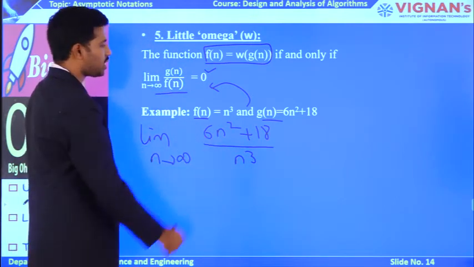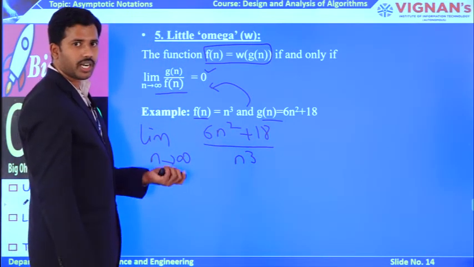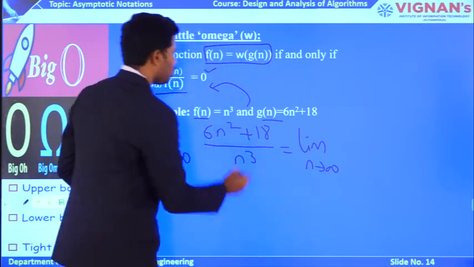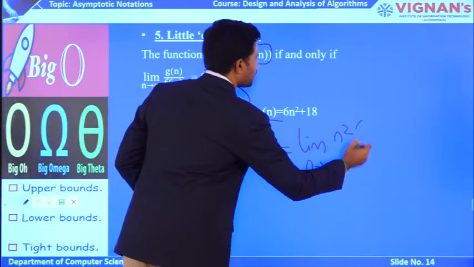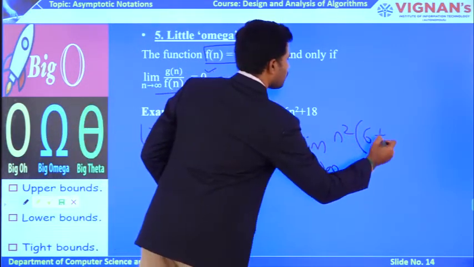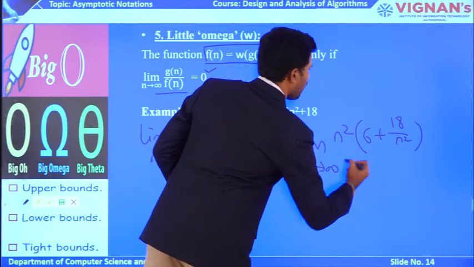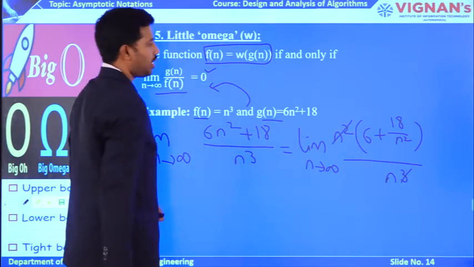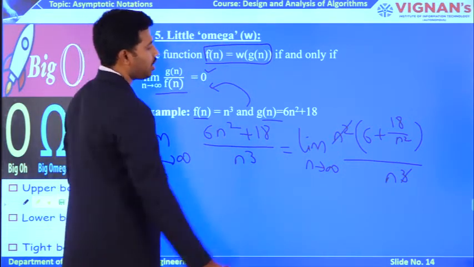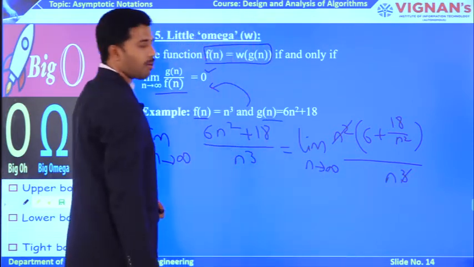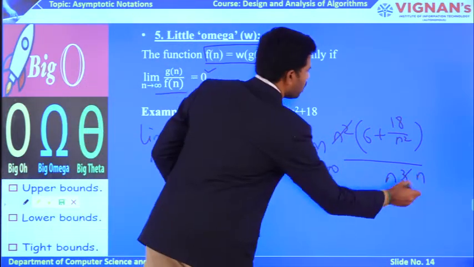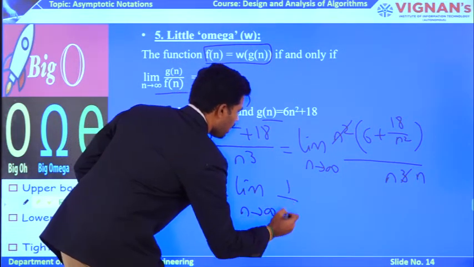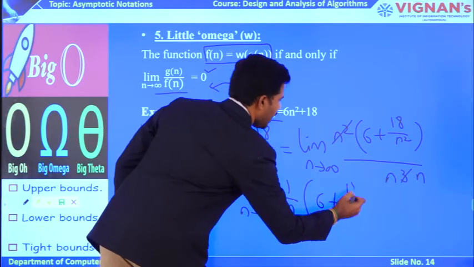Okay, so now you can take n square as common in the numerator as well as the denominator. So limit n tends to infinity, the numerator becomes, if I take n square as common, 6 plus 18 by n square, by n cube. So ultimately the n square in the numerator is going to get cancelled, and if you cancel n square against n cube, 1 n will be available. Now this can be written as limit n tends to infinity 1 by n into 6 plus 18 by n